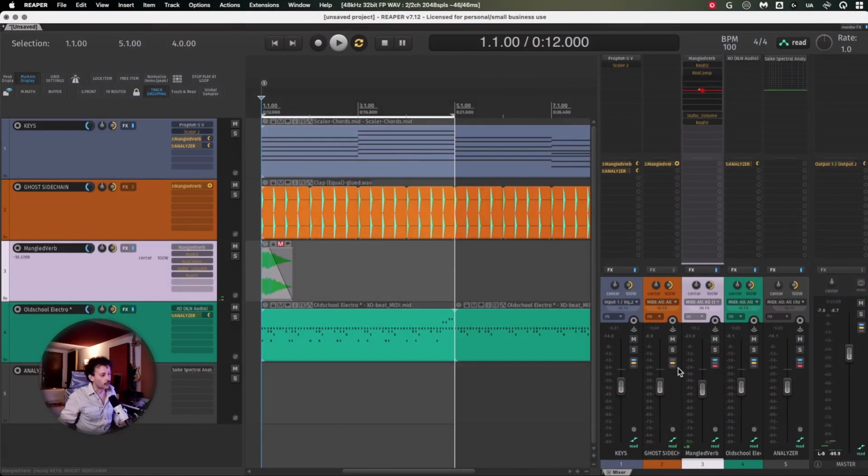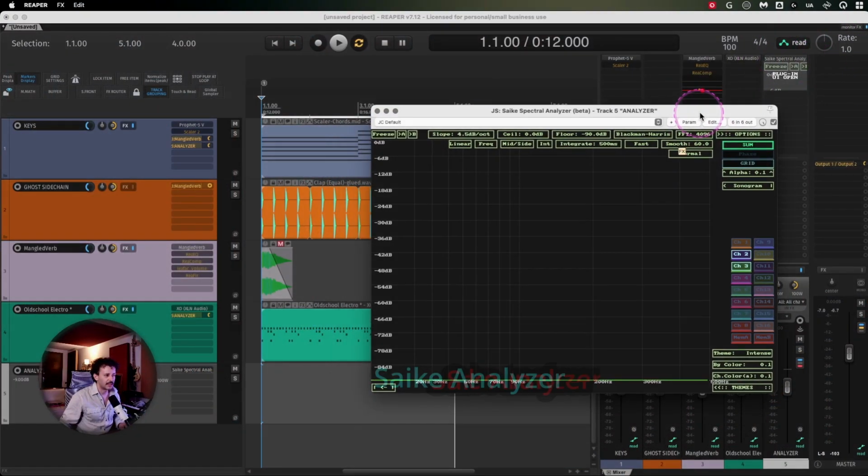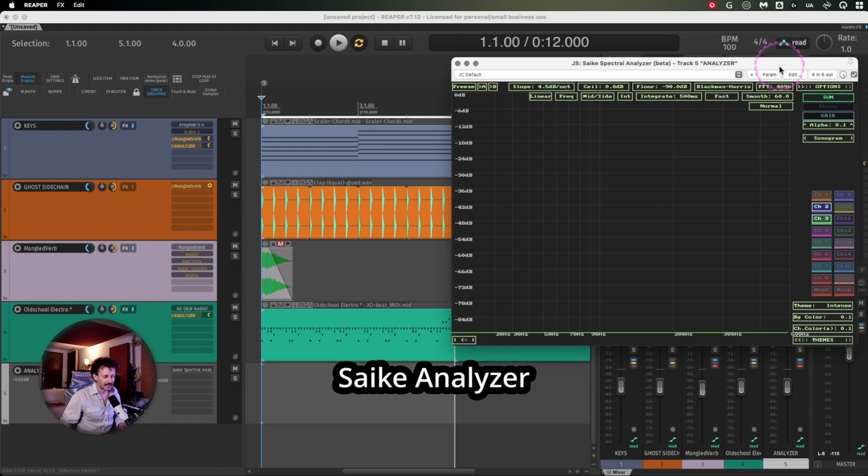And let me really isolate the difference between this and this. We're going to take advantage of many of the features that make Reaper a powerhouse, and let's get into it straight from Mexico City. My name is Juanchis. So I will keep for a moment this Saike Analyzer that I really like sometimes for